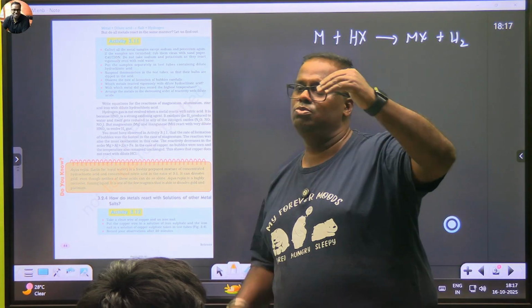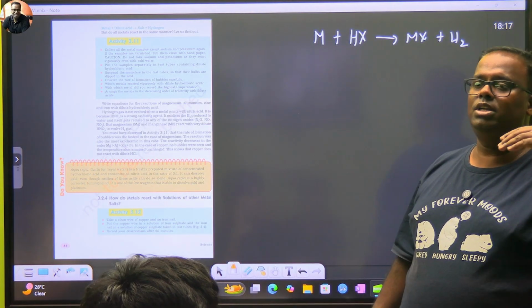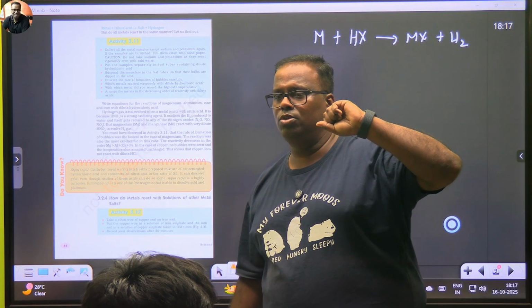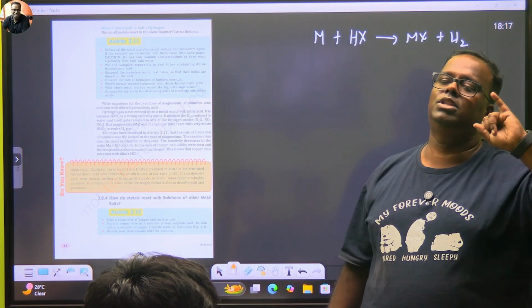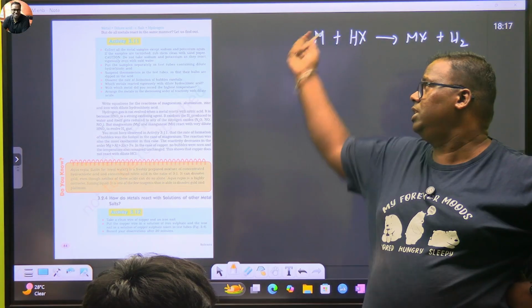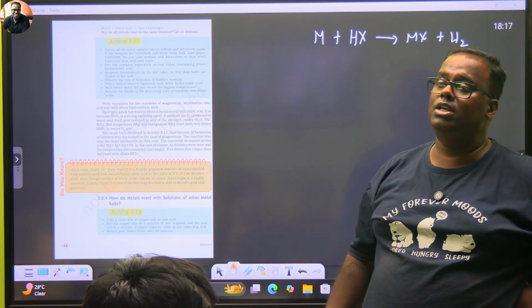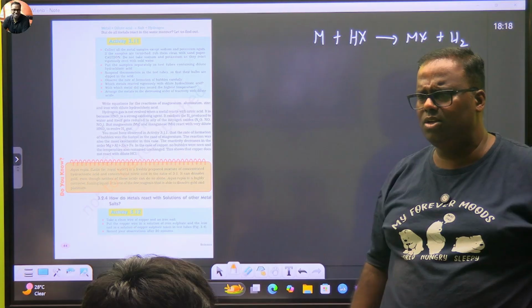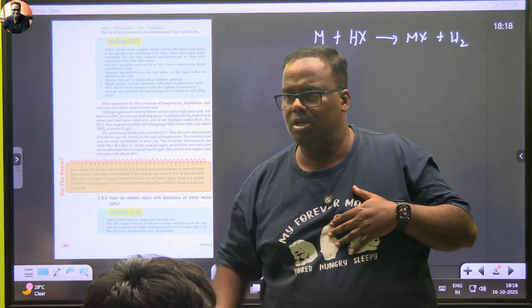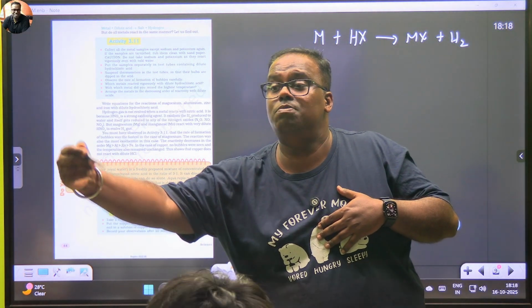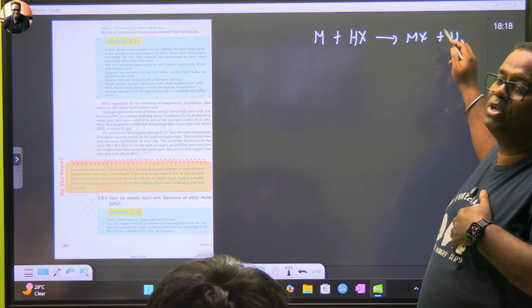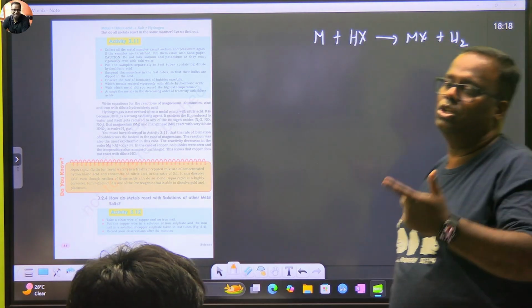Whenever a metal reacts with acid, it will form metal salt and release hydrogen. When we talk about acids, the mineral acids that we deal with, carbonic we don't consider because it's a weak acid. So we'll be dealing with sulfuric, HCl, and HNO3. With HCl and H2SO4, this reaction holds. HNO3 is very oxidizing in nature. Oxidizing means I am an oxidizing agent. I oxidize him, which means he combines with oxygen. So this hydrogen becomes water in the case of HNO3.